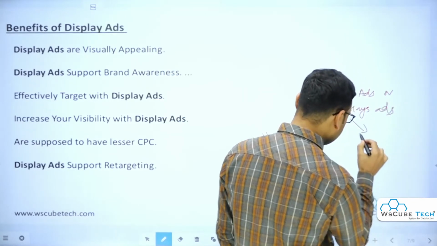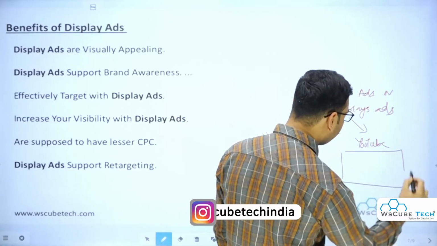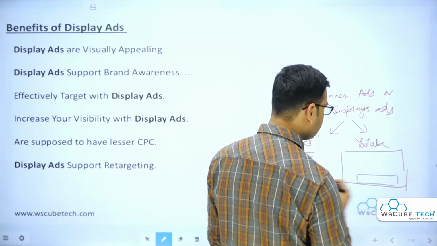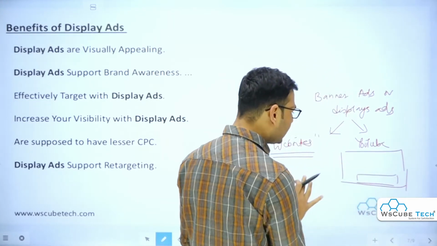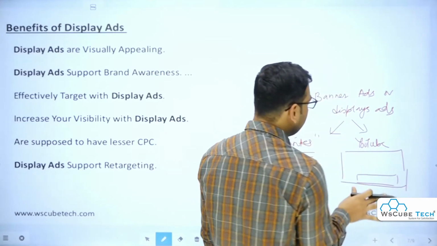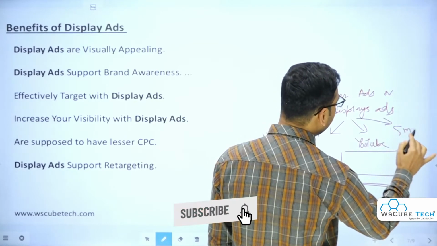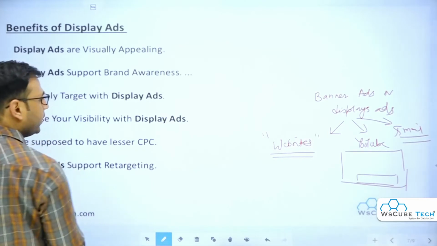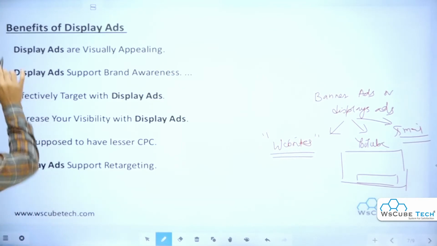So we can show our ads on YouTube also. In a YouTube video, whenever a video is running, you can see a small banner appearing somewhere within the in-stream video. That is again a placement where your display ad can appear. Then your display ad can appear in Gmail. So you have different options where your display ad can actually appear. It's not only limited to websites or third party websites, it is there for other placements also.